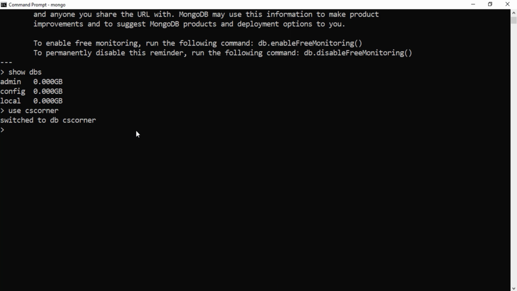Now if I type show dbs again, you can just press up arrow, down arrow to go back to your commands. So show dbs, it's not showing me my database because in my database I don't have any collection. So unless you create a collection, it is not going to show over here. So what are collections? It is nothing but tables. I have created a list of useful commands in MongoDB. I'm going to share that in the description box.